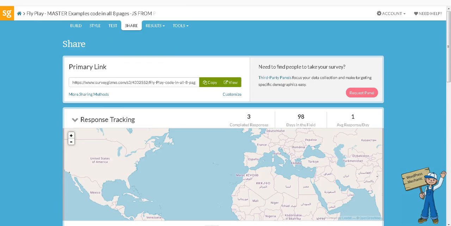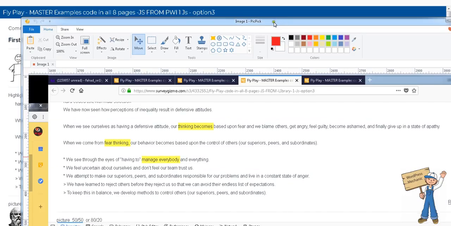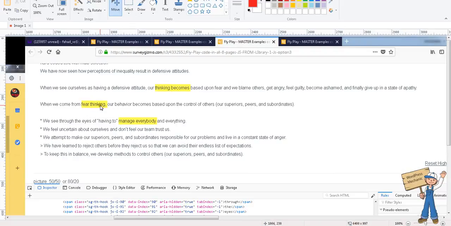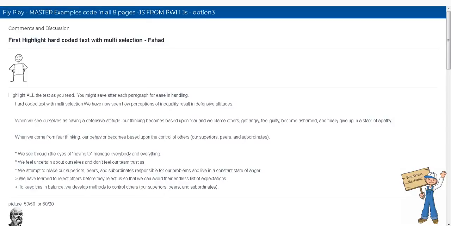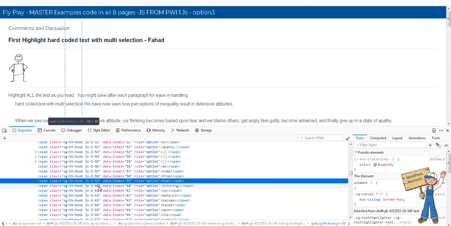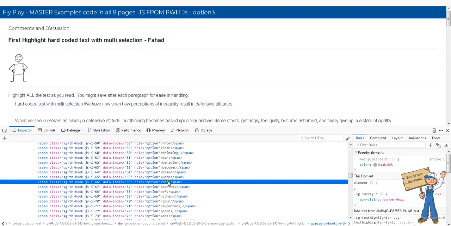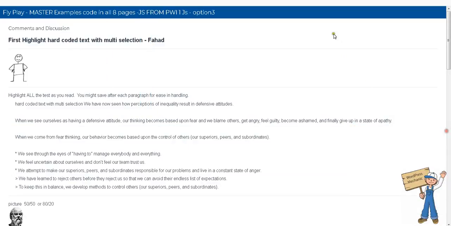Like this, so I repeat what was the problem exactly. Let me show you. When I was selecting "fear thinking", in our case it was becoming index numbers 65, 66, but according to Gizmo, the indexes were 59 and 60. So what was happening, it was recording 65 and 66, and on the result side we were getting